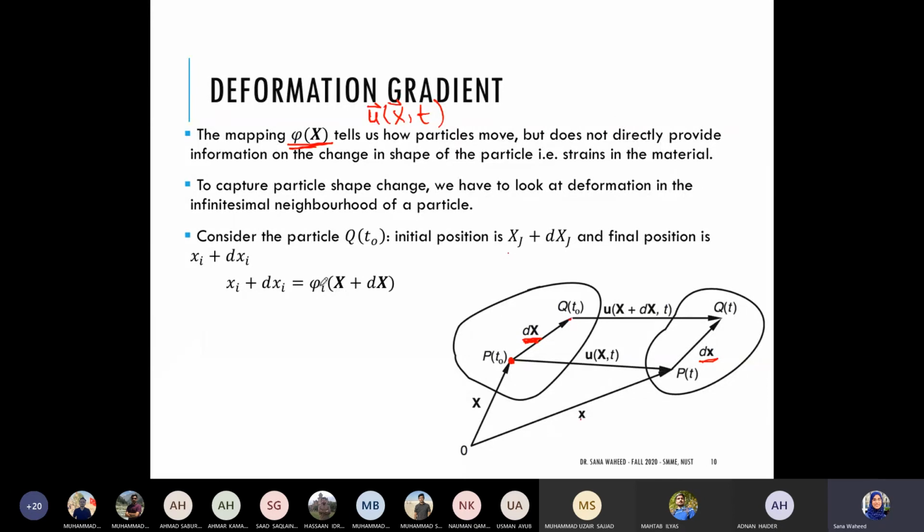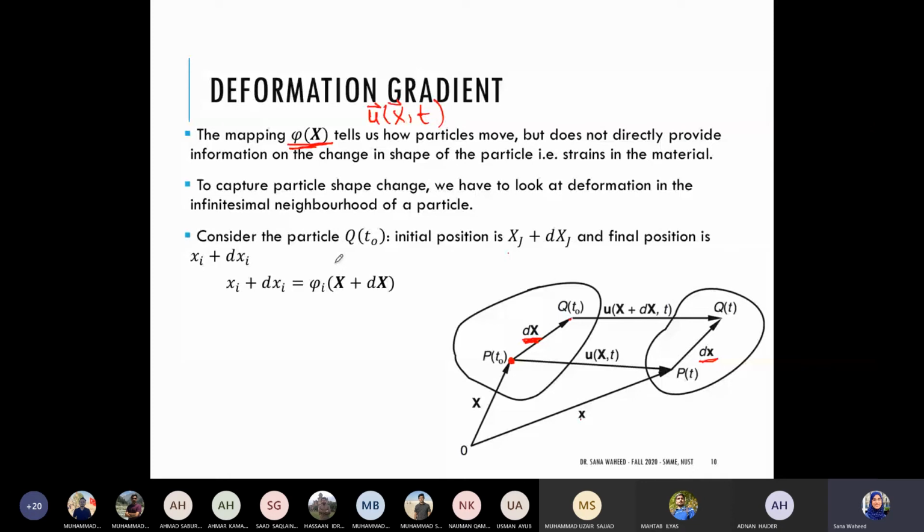Please notice again that this is a function. This is the mapping function such that if I substitute into whatever expression it may have, I don't know what the exact expression is because I want to keep it general. So if I substitute into my mapping function whatever my initial position of the particle was, then I'd get its final position. That's why I've popped in capital X plus D capital X. Okay, this will lead me to the new position of